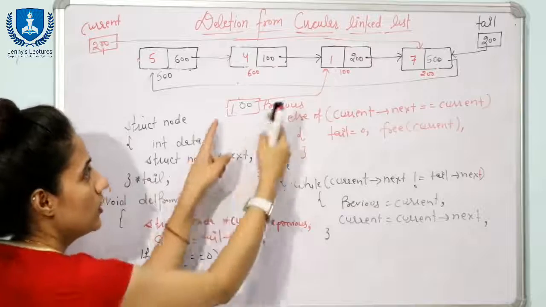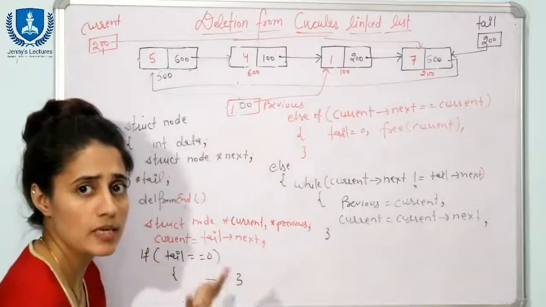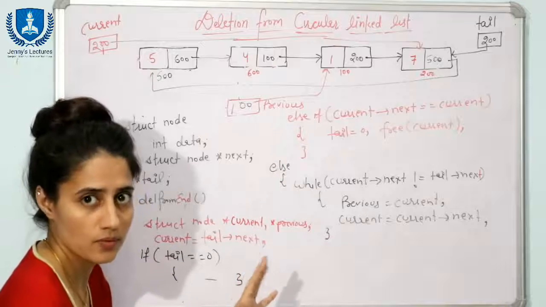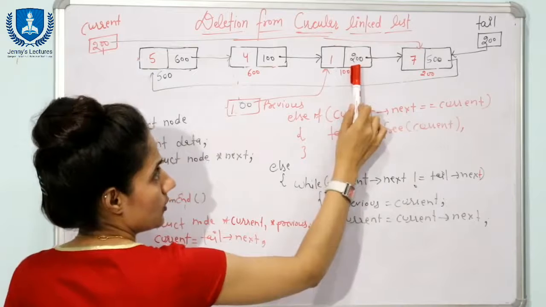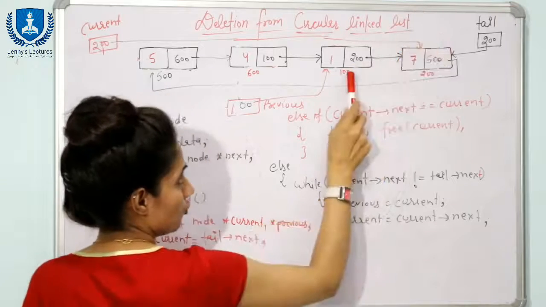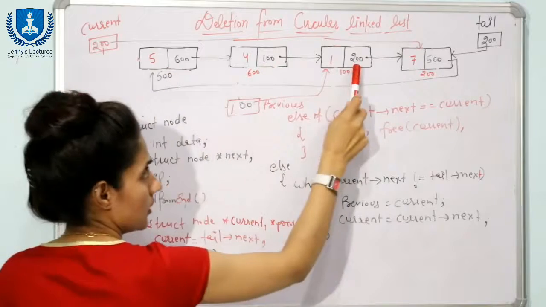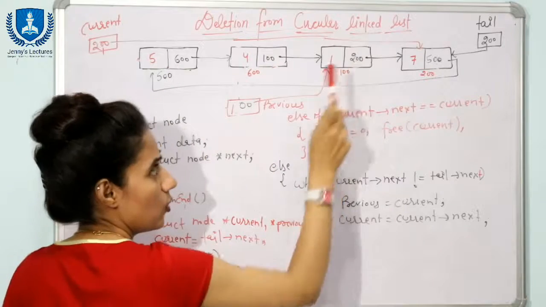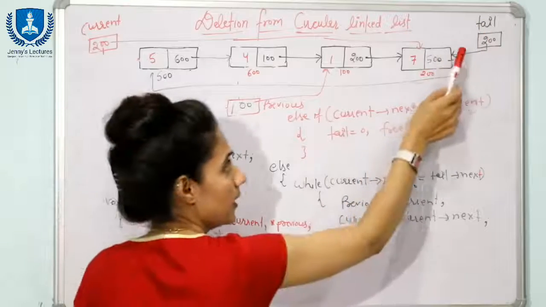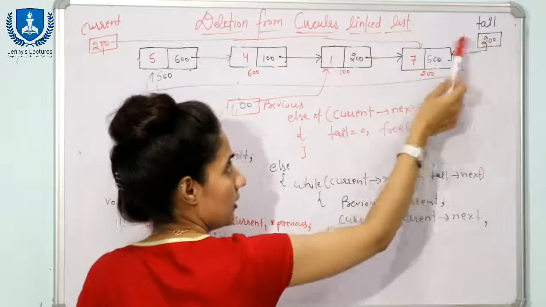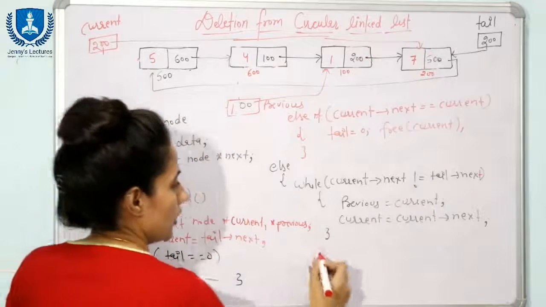So now you can see we have set a pointer to this node also and to this node also. Now you can easily update the links, right? How will you update the links? See, after deleting, this would be the last node. So here you need to store the address of the first node, that is 500. From where can I get 500? The only way is that tail of next is containing 500. So before updating the tail to here, first of all access this value and store it here. So here what will you write?